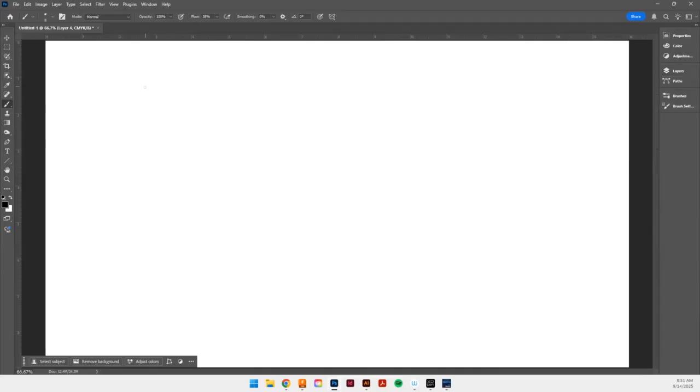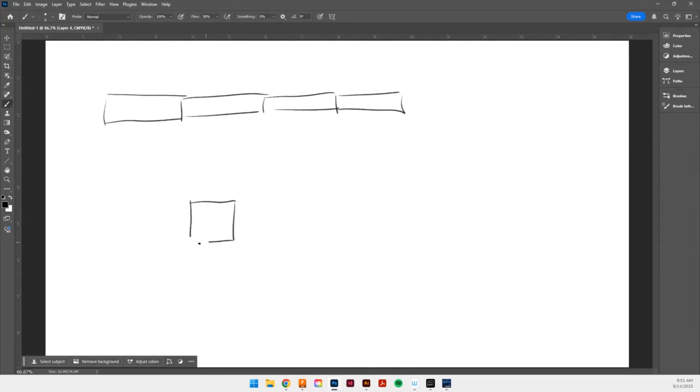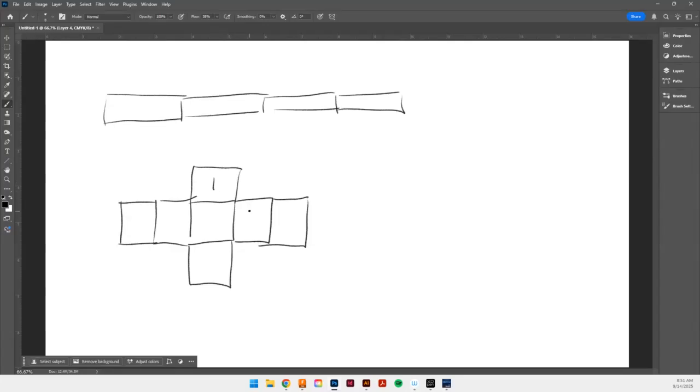You could do really long rectangles for some reason, or what if you did something like whatever order you want, just as long as there's 8. So if you did 4 here, if you did 1, 2, 3, 4, 5, and then you flipped it, then you'd have 10, but then they would all fold,